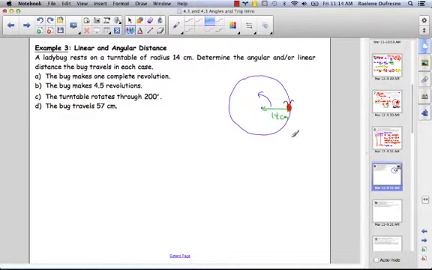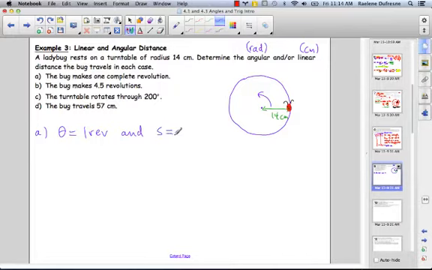And so the turntable is going to be moving, and we want to determine the angular distance, measured in radians, or the linear distance, measured in circumference, that the bug travels. So if the bug makes one complete revolution, what does one complete revolution measure? That's a measure of the angular distance, so we know that theta is equal to 1 revolution. Since we have the angle, we want to find the linear distance s, and we know that the formula relating s and theta is